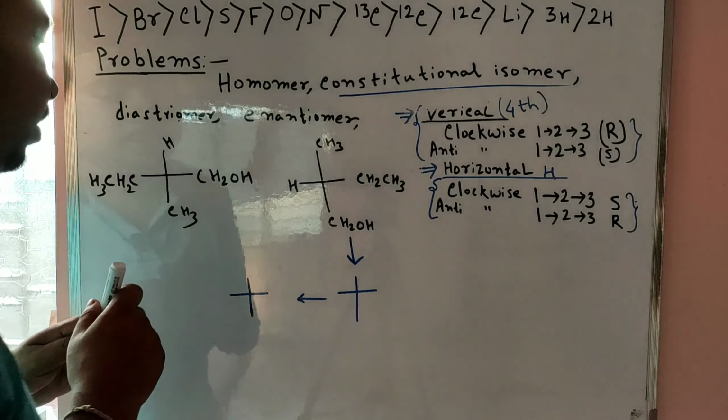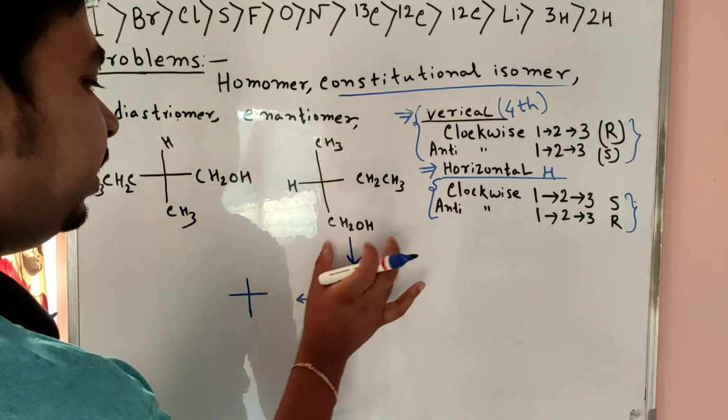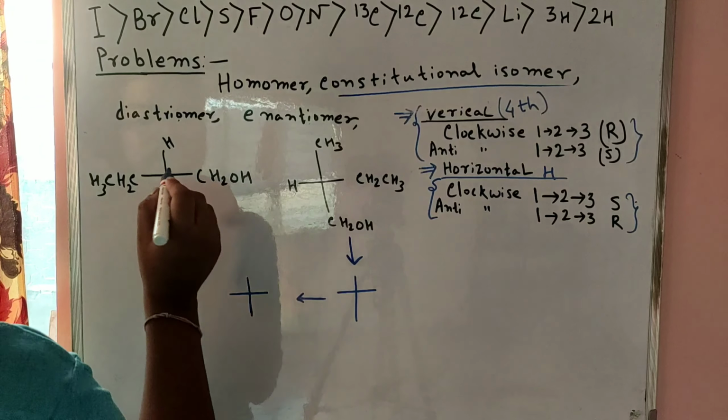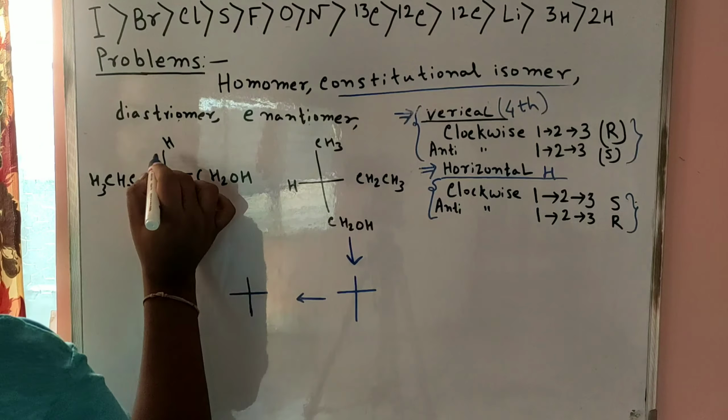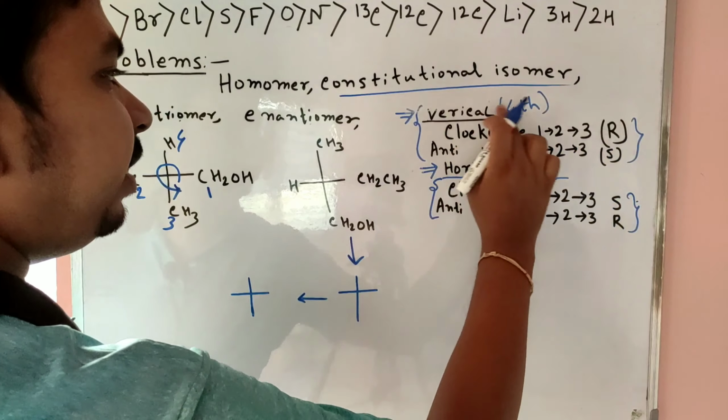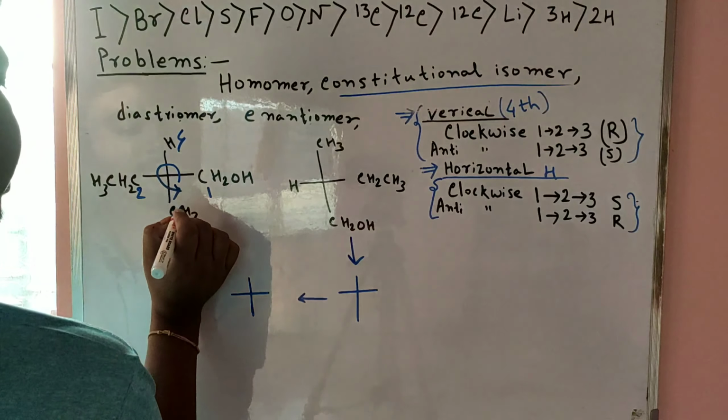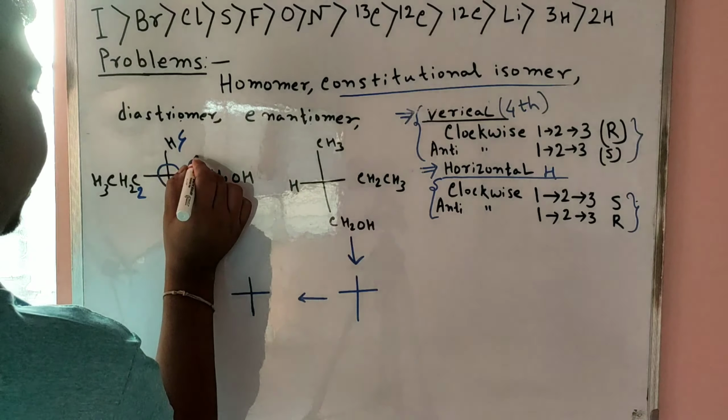Now one of the important things: here two structures are given, where a single stereo center is present. In that case, hydrogen is upside. So here we can easily draw the priority order. This one is 1, then this one is 2, this one 3, this one 4. So 1 to 2 to 3 rotation is anti-clockwise. Then when the fourth group is vertical, this one is S. But one thing is very important here: in the case of a single stereo center, we follow the vertical rule, not the horizontal rule. Here the vertical rule is important. So in that case, S.